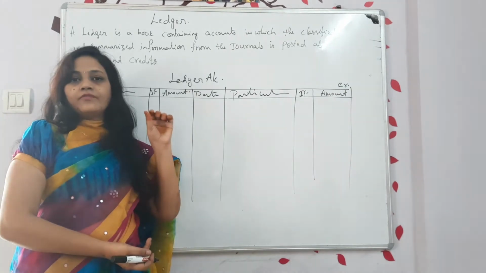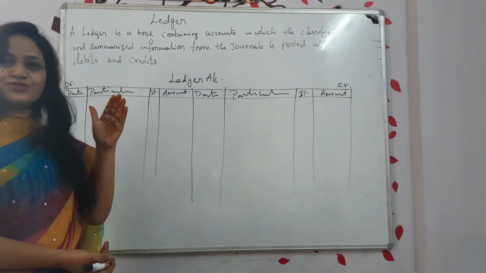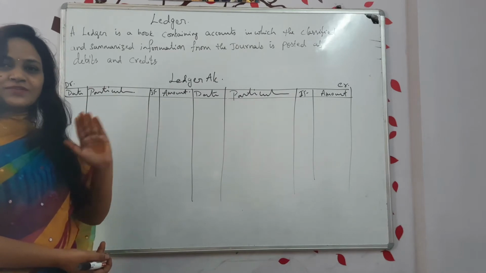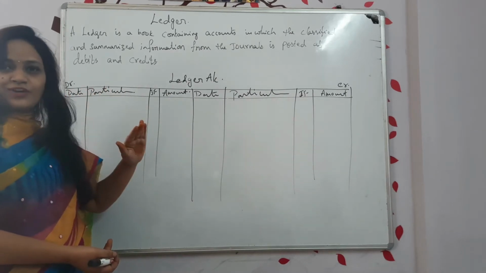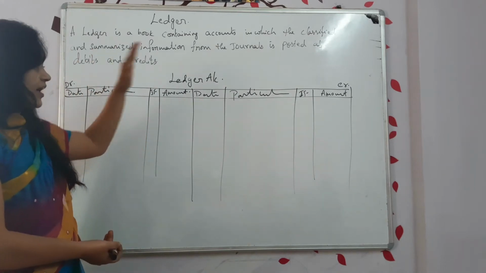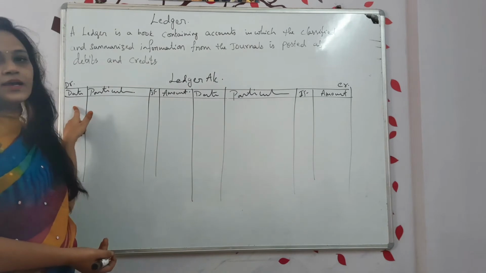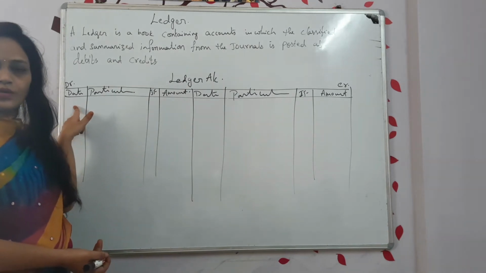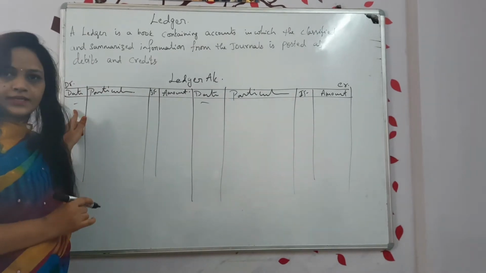That journal, whenever you see, I start with the date. Not only me, everyone has to start with the date only. You won't start with number 2, number 10, number 15. You will also start with date only. So now that date, on which date the transaction happened, that date we are writing here. When the transaction happened, that we are writing here, date.